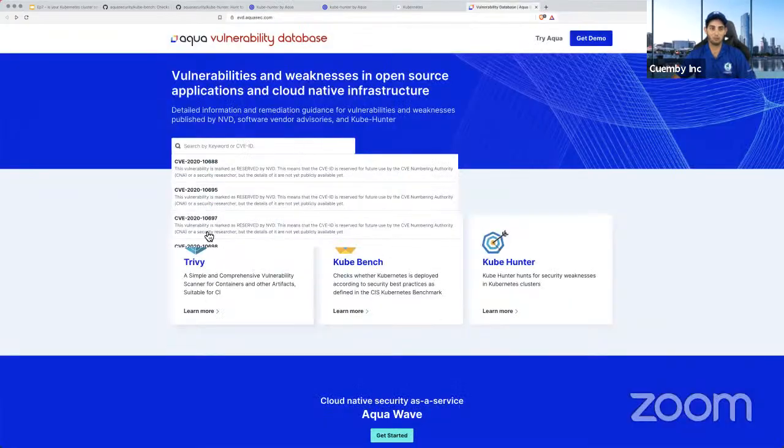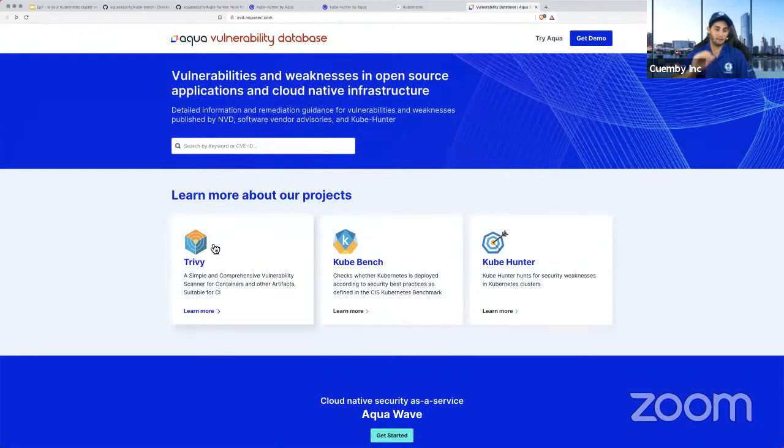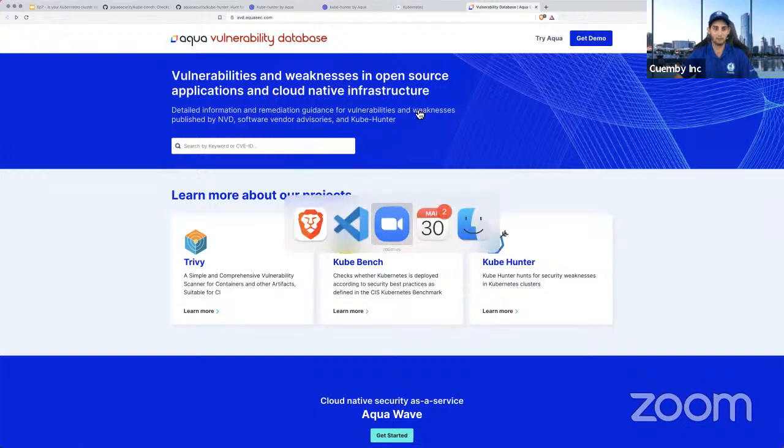And by the way, definitely Trivy is something that I want to show you guys in the future. Trivy is pretty cool. It basically gives you the same for containers and other artifacts. So you can scan it and that kind of stuff. So it's pretty cool, Trivy. So I think definitely this is going to be something that I want to do next, Trivy. And that's it. That's the demo that I wanted to do for today.